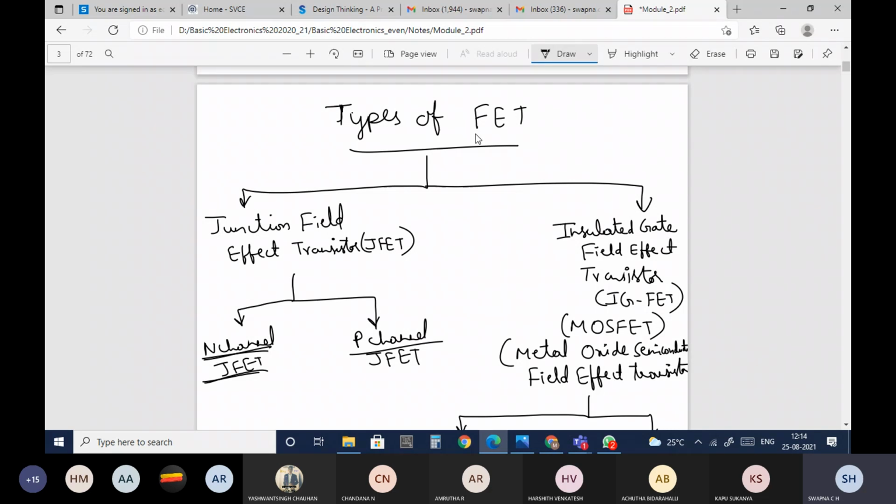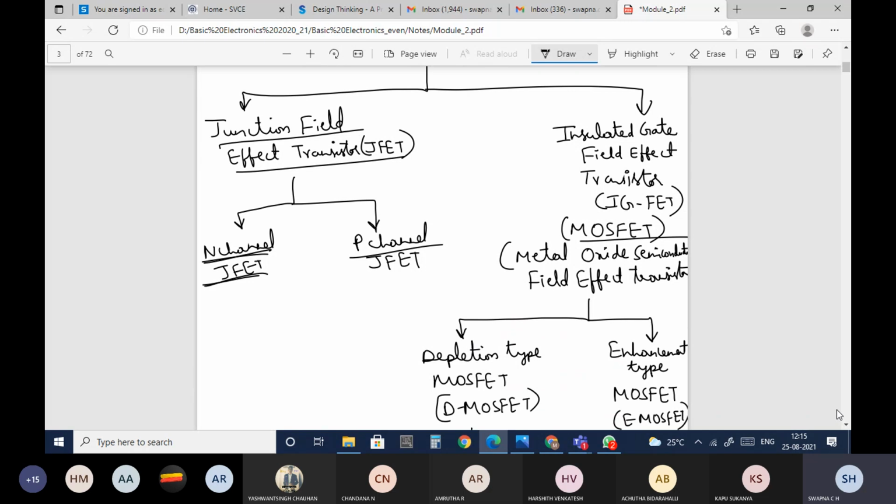The input impedance of the field effect transistor is considered to be very high when compared with the BJT, bipolar junction transistor. Coming to the types of field effect transistor, the two major types are the junction field effect transistor and the MOSFET, or insulated gate field effect transistor. It is mostly available in the form of MOSFET.